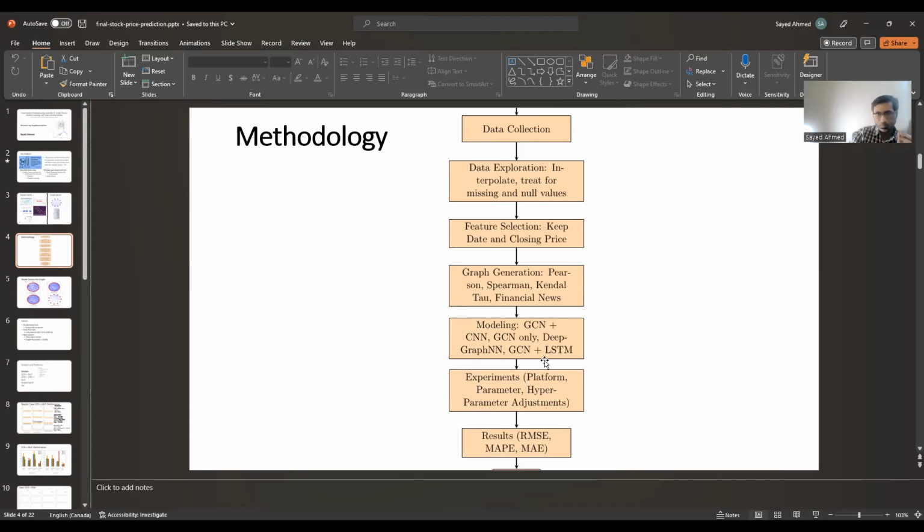In general, then comes experimental design, results, and discussions, right? That's how things go in general. Even if these are the basic steps, you may still want to create this methodology diagram, because for your project you may be doing something specific, and that's what you need to capture in the methodology diagram as well. See, data collection: what did I do? I tried a database, I believe it's Yahoo or Kaggle.